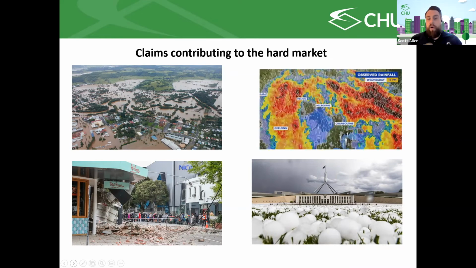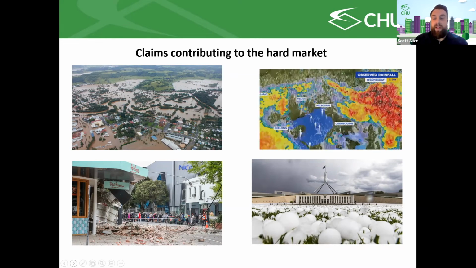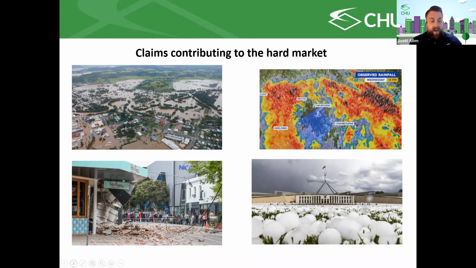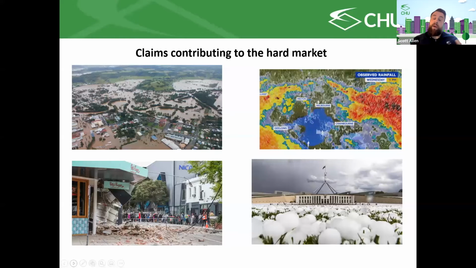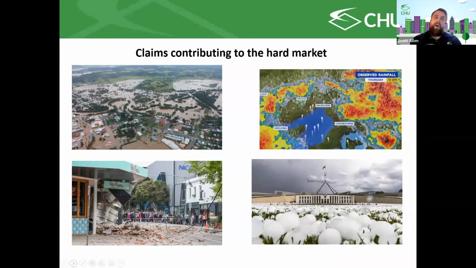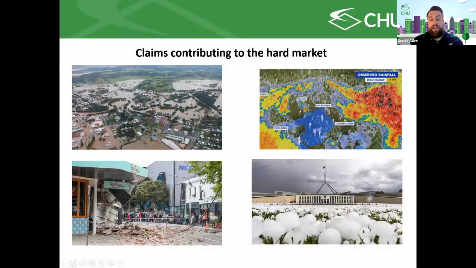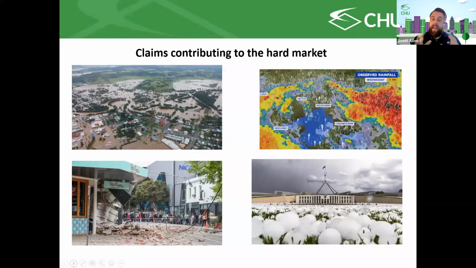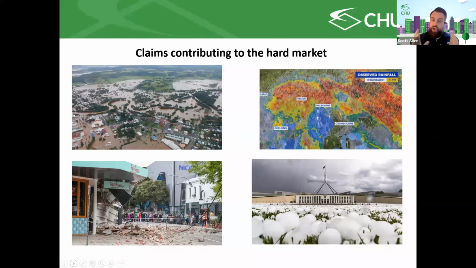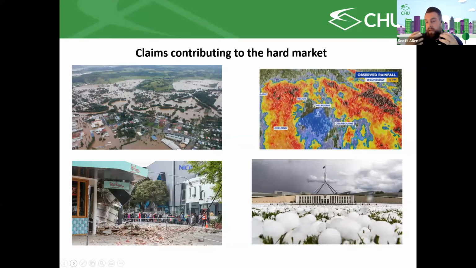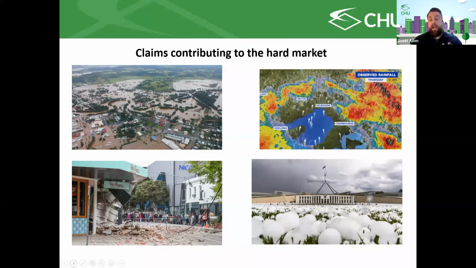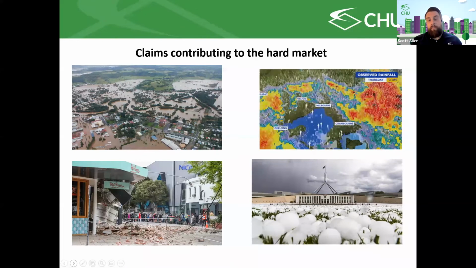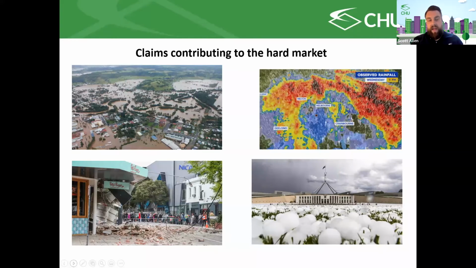So to explain how that all sort of works, I've got a bunch of pictures here of ones that since about 2020 we've seen happen across the nation. And of course, when we're looking at pricing for strata, no matter who the strata insurer is, that pricing is definitely universal across the nation. There's going to be differences depending on where you live, and insurers are getting better and better over time of making the premium very specific to your property, which is a good thing. If your property is running well, it's in a safe place, it hasn't had many claims, you're going to see better premiums than you would if you were somewhere that was very claim prone, or maybe there were some maintenance issues and things like that.